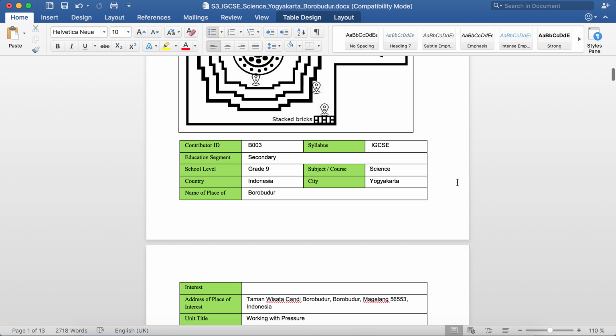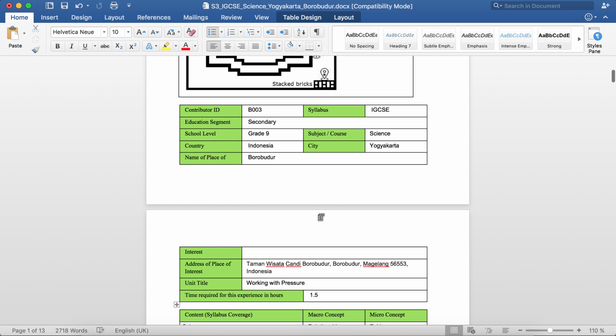Alright, let's begin. When you begin writing your learning experience, fill in the necessary information such as your Bede contributor ID, the place of interest that you want to write about, the address, and so on. As you can see, in this particular learning experience, we will be writing about the Borobudur Temple in Yogyakarta, Indonesia. While it is not necessary to have physically been to your chosen location in order to write your learning experience, do note that it will be greatly helpful as you will have a better idea of what the location is